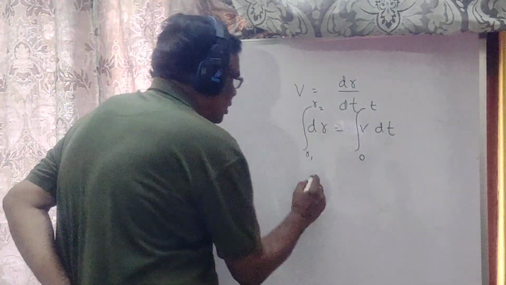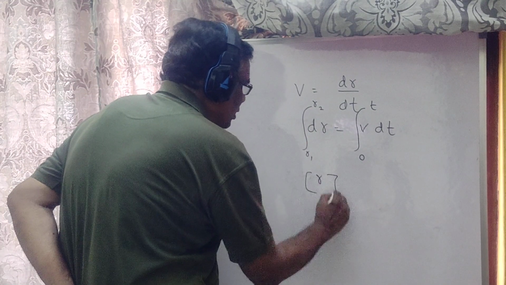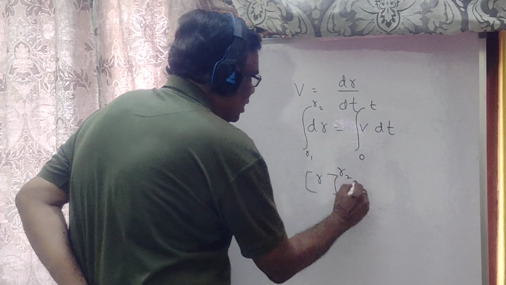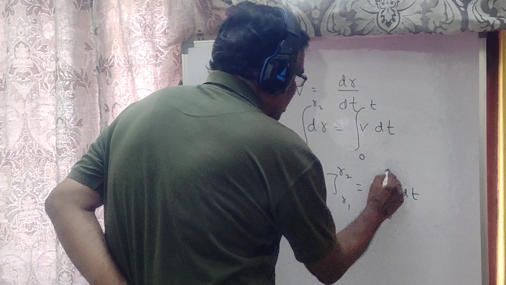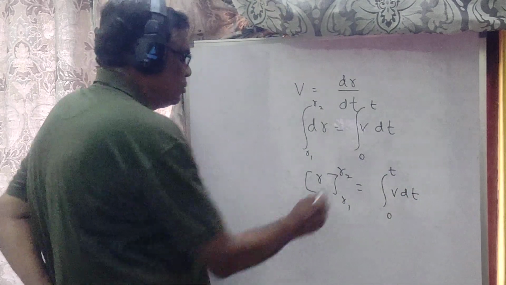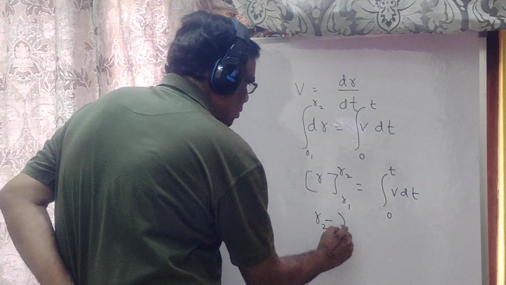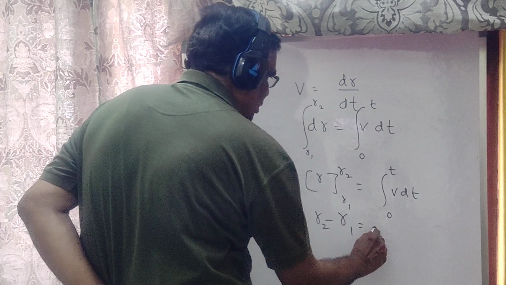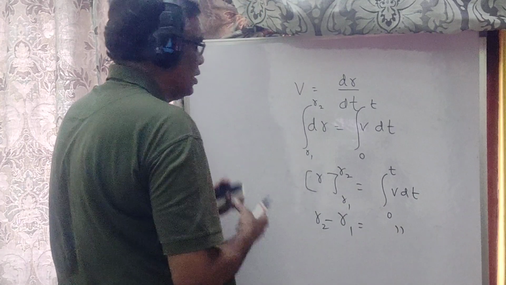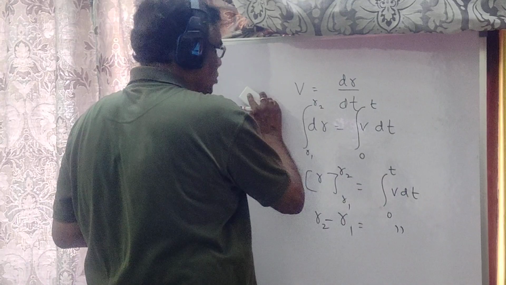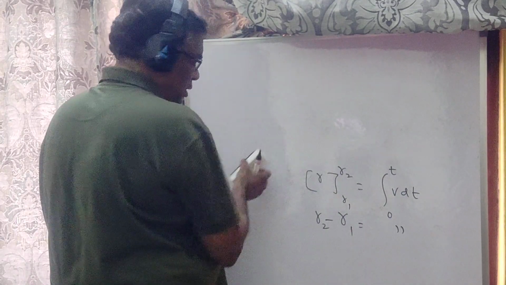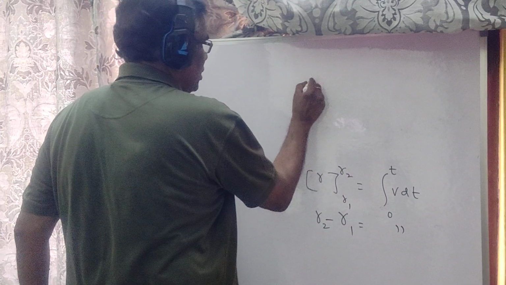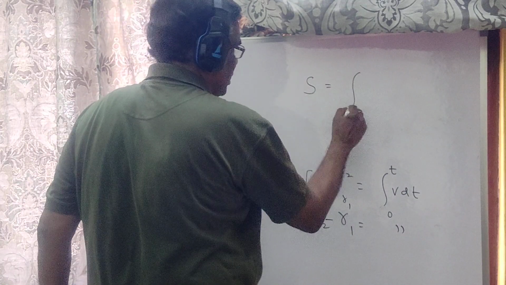You know that integral dr is r and the limits are substituted like this. This is retained as integral v dt 0 to t. Now if I substitute, you are going to get r2 minus r1. But you know r2 minus r1, final position minus initial position, therefore that is nothing but